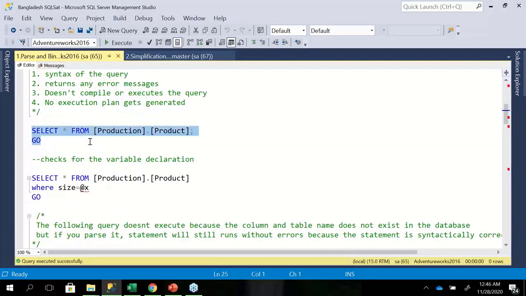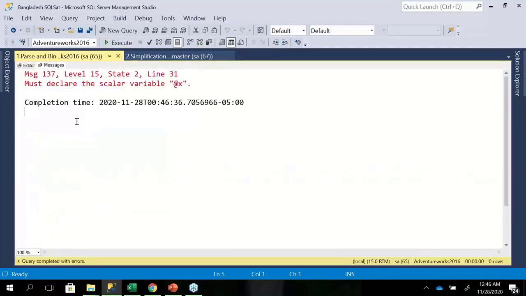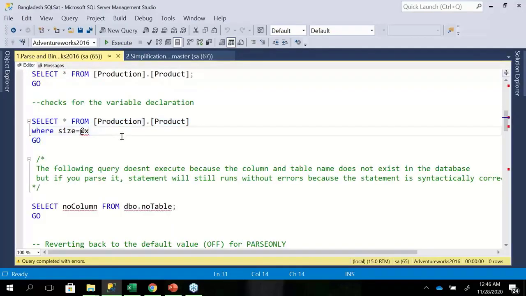Now, I want to parse a very simple query. The syntax is perfectly all right, so when I execute it, it should not throw me an error. But when you observe, I did not declare the variable, but I'm still using it in the where clause. In this scenario, it should throw me an error because the parser will also identify the variables.